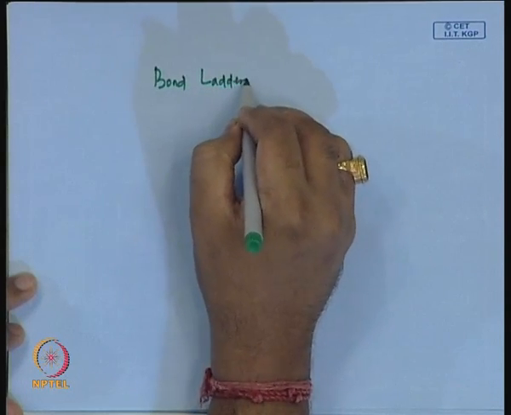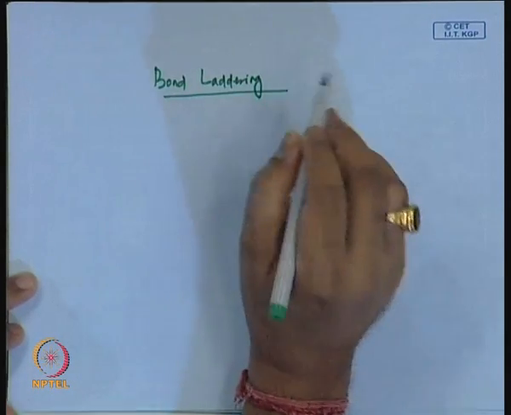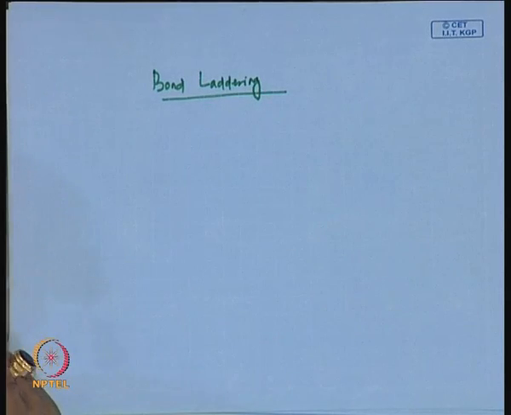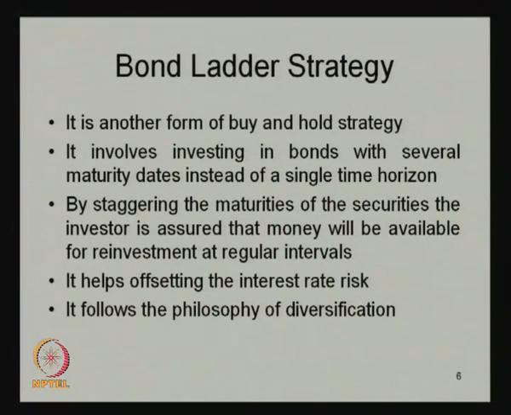What do we mean by bond laddering? I already told you that it is another form of buy and hold strategy, but instead of spending all the money on a bond of one term to maturity,